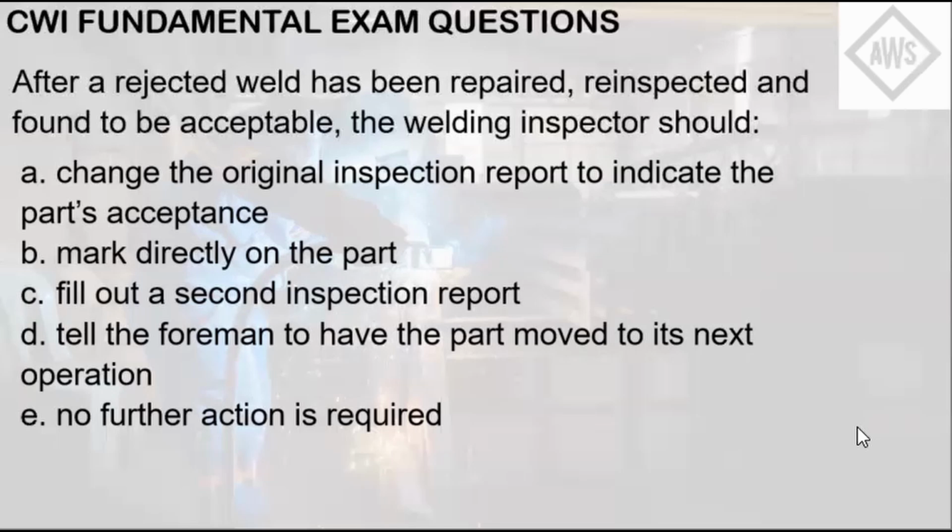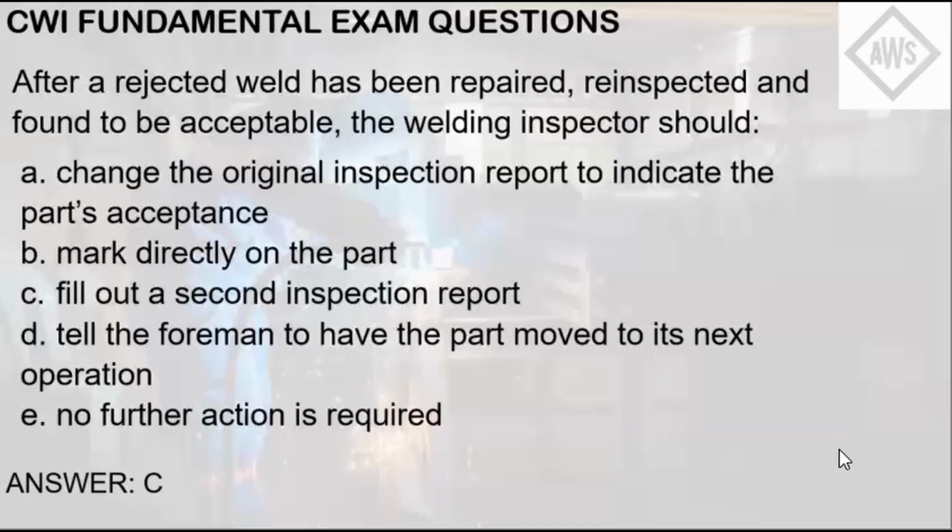So if it's yet to be repaired, the rejected weld has not yet been identified. Letter D, tell the foreman to have the part moved to its next operation. To have the part moved to its next operation is not an ideal action in this scenario. Definitely not letter E. So you, as a welding inspector, have to at least document the acceptance of the re-inspected weld. So letter C is the best answer for this question since the welding inspector